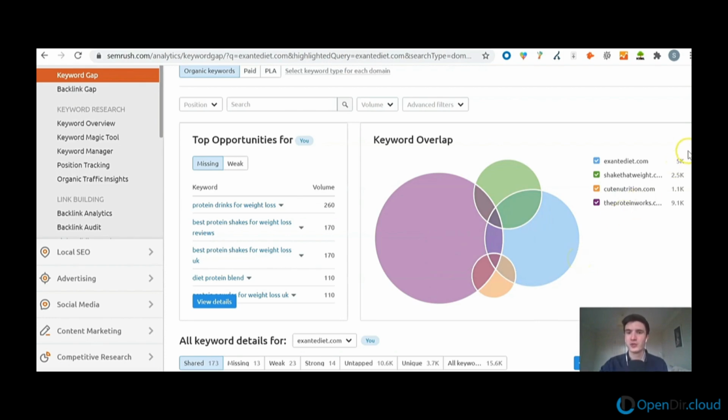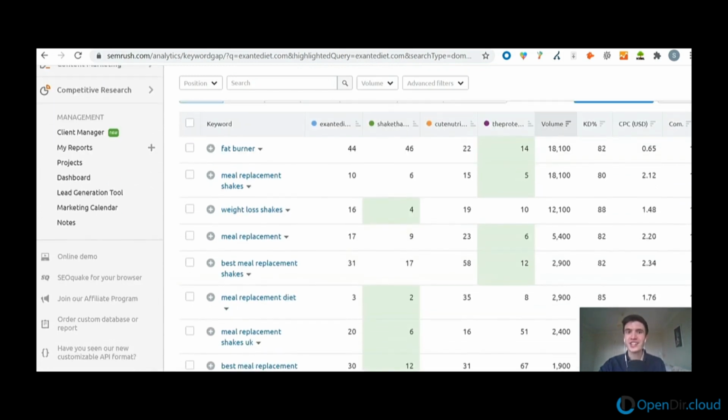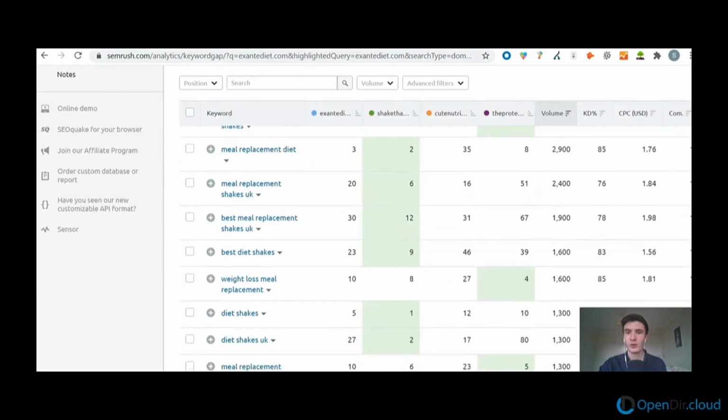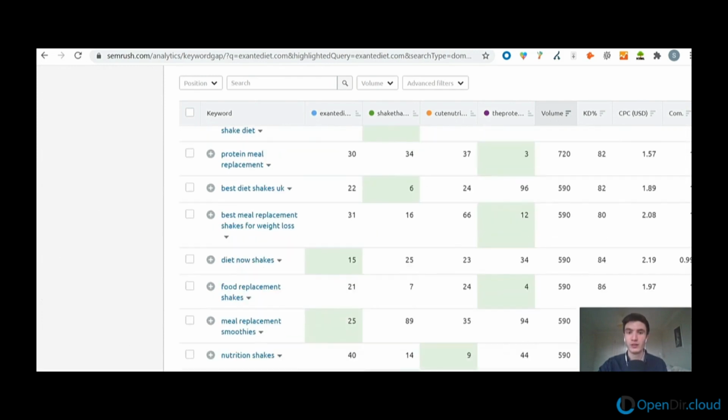The thing that's most interesting, though, is the following. If I go down, we can see here the keywords that we are doing well on and which ones we can definitely be improving upon. If I look across here, the ones that our competitors are ranking for best are highlighted green. And if I scroll down, we can see that our competitors are ranking for a lot of keywords, and we're not necessarily number one for many of them, apart from Diet Now shakes and a couple of others,